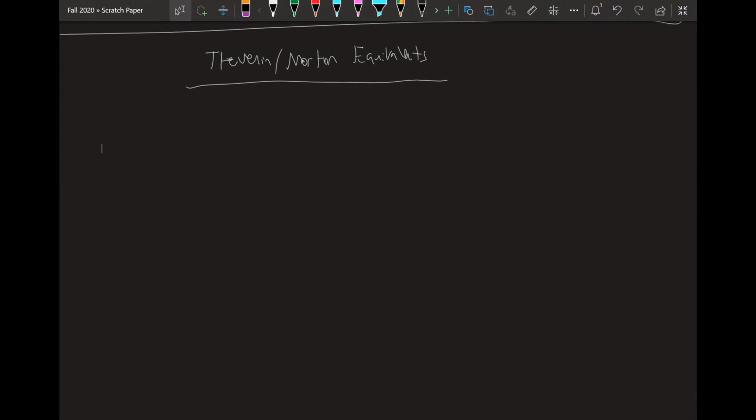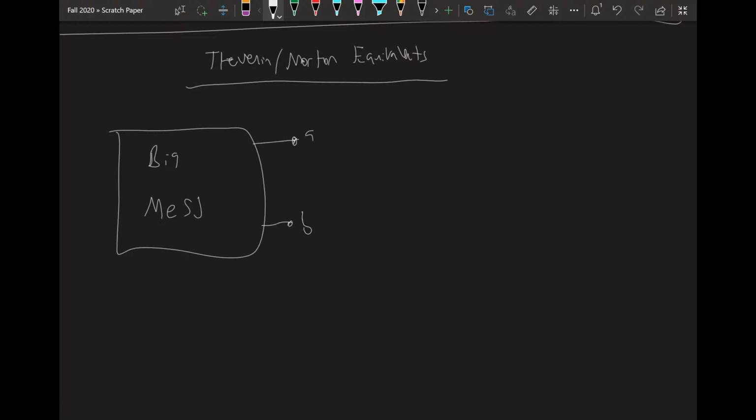So if you have a circuit, let's call it a big mess of a circuit, that has some effect on terminals A and B. We can transform that into just some equivalent Thevenin voltage in series with some equivalent Thevenin resistance over the same two terminals A and B. So the theorem states that no matter what's on the left side,